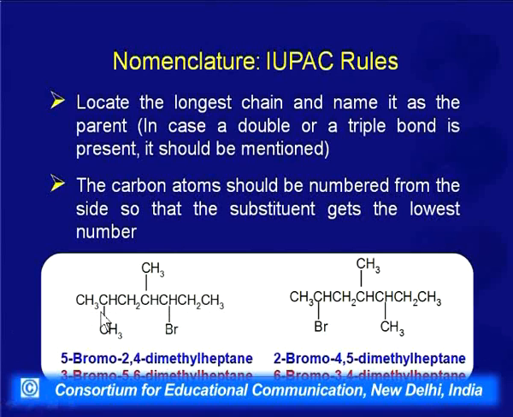Now, this gives it number 2, and this substituent gets number 3. So, obviously, we will start numbering from here. So, 1, 2, 3, we have one methyl group at the 4th position, and we have one bromo at the 5th position. So, the correct name becomes 5-bromo-2,4-dimethyl-heptane and not